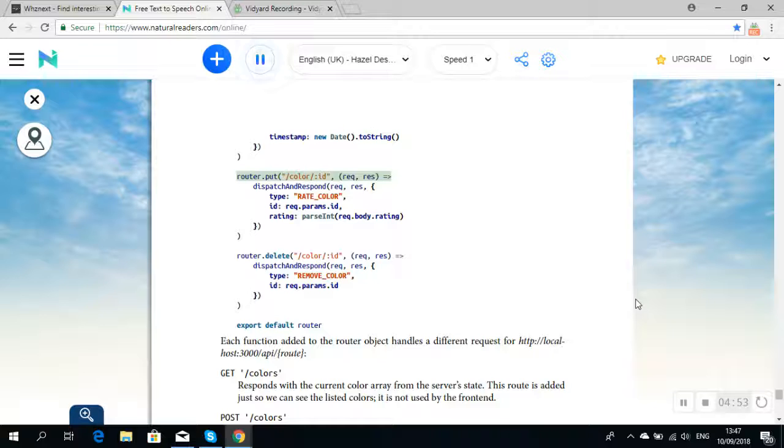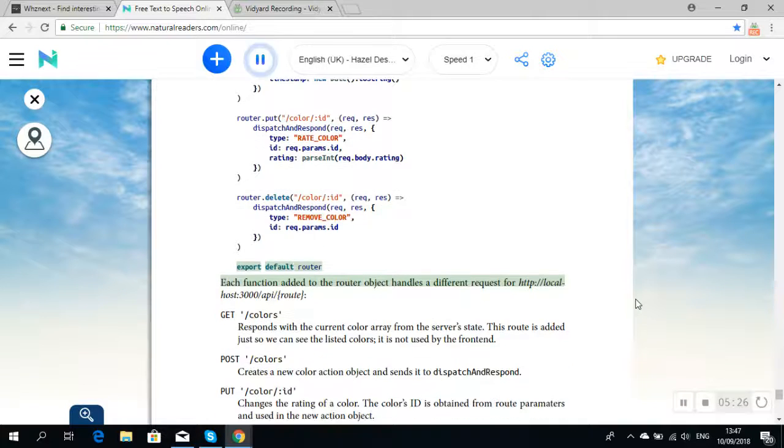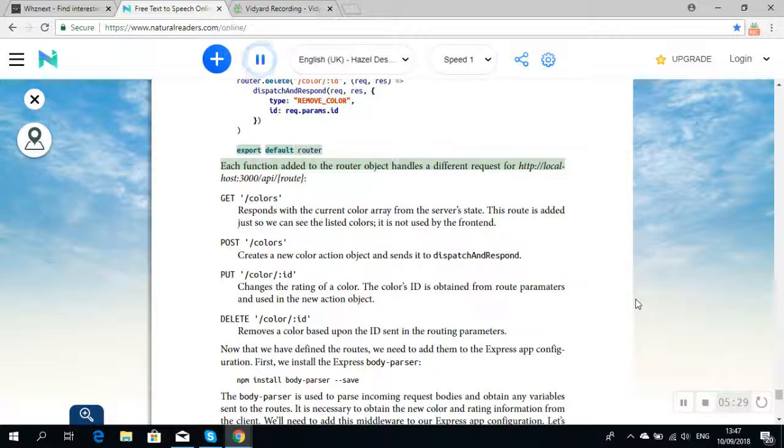router.put('/color/:id', (req, res) => dispatchAndRespond(req, res, { type: 'RATE_COLOR', id: req.params.id, rating: parseInt(req.body.rating) })); router.delete('/color/:id', (req, res) => dispatchAndRespond(req, res, { type: 'REMOVE_COLOR', id: req.params.id })); export default router. Each function added to the router object handles a different request for